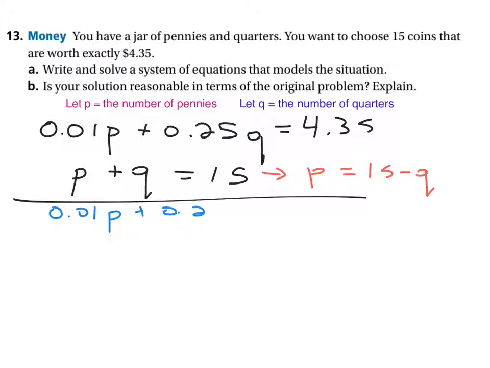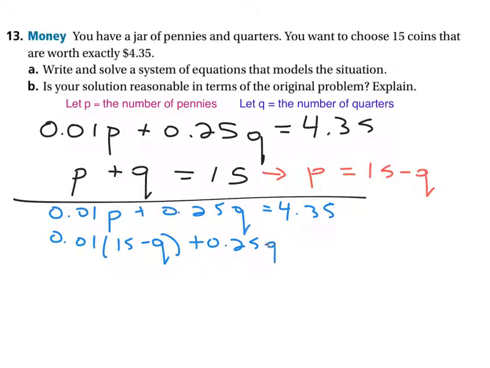0.25Q equals 4.35, and substituting in, we get 0.01 times parentheses 15 minus Q, plus 0.25Q equals 4.35. Okay, I'm going to do these calculations off screen and then